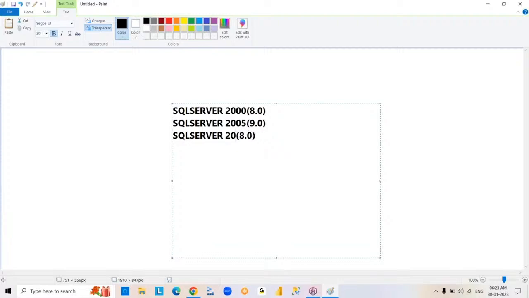Then the 2008 version, 10.0. After that 2012, 11.0, 2014, the 2014 version we have 12.0,